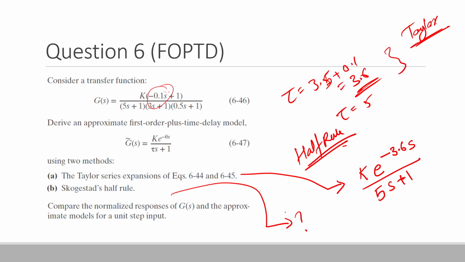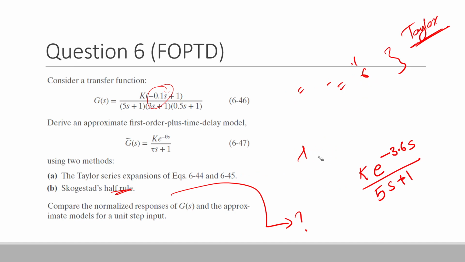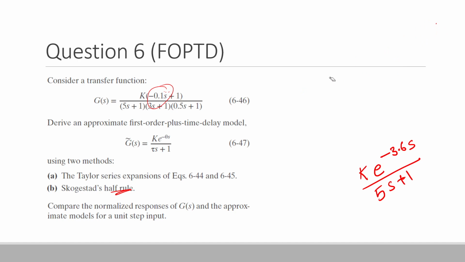So similarly, we can try solving this for Skogestad's half rule. So for that, we study that time constant will be the most dominant time constant plus half of the second dominant time constant. So over here again the most dominant time constant is 5, the second dominant is 3. So it will become 5 plus 3 by 2, that is